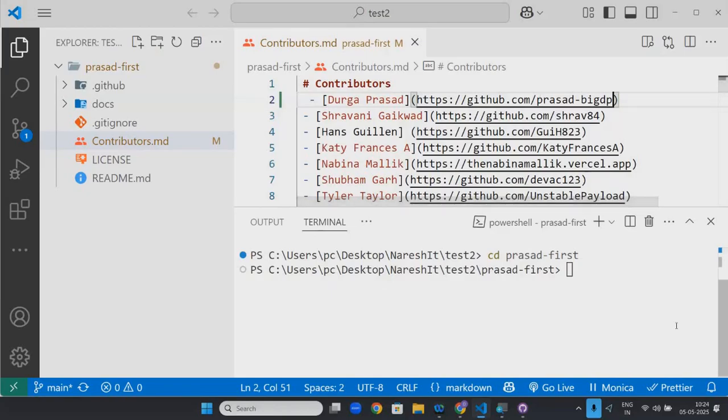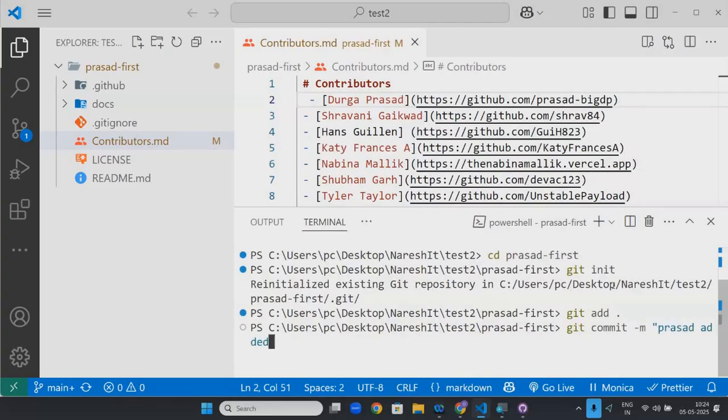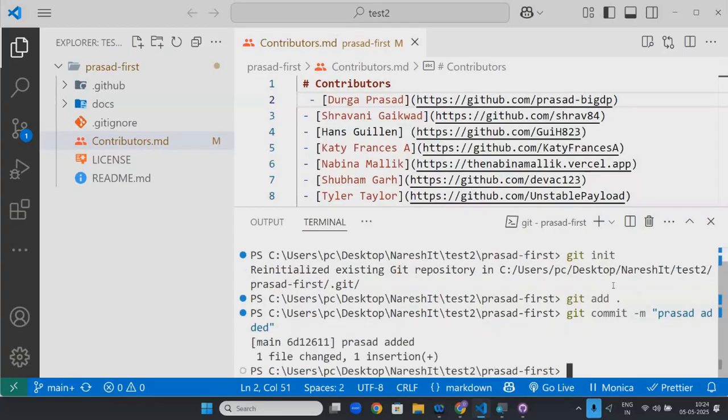Now push my change. How to push, sir? First git init, git is already there. Git add. After add, what? Commit. Git commit, Prasad added. After commit, git remote add origin.